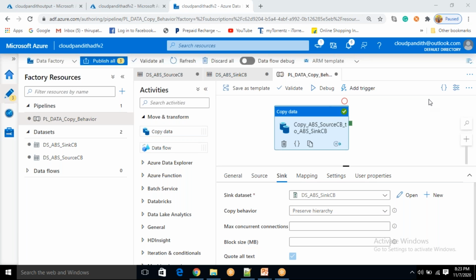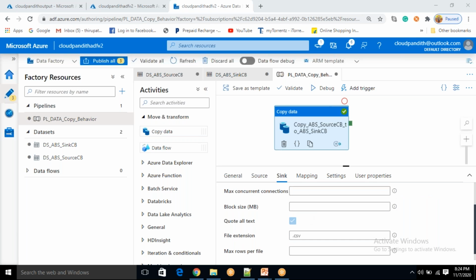Okay, fine. Malay, for the merging feature, can we make the records merge sequentially? Let's say file A has 1 to 5 and file B has 6 to 10, so can we make them sequential, like 1 to 10? See, we saw the output, right?